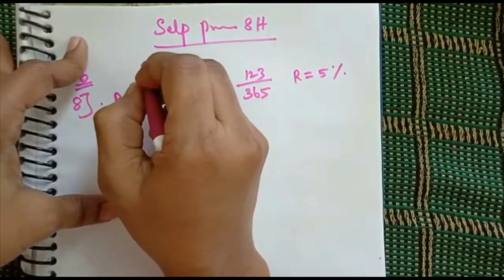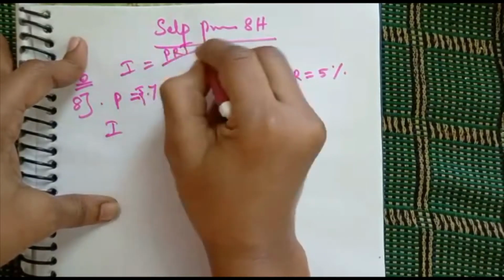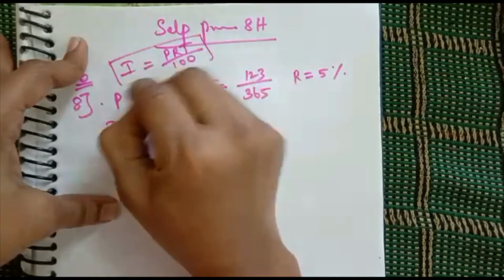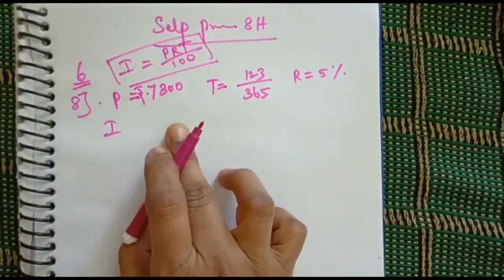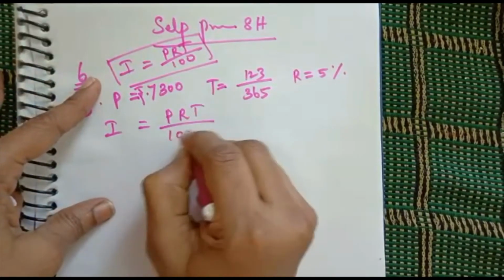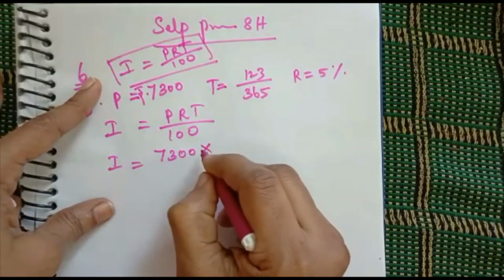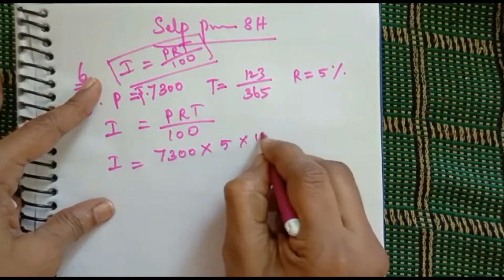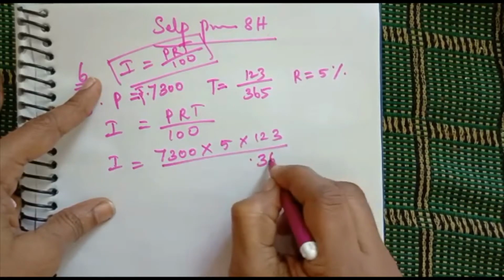Already I have taught you simple interest is equal to PRT divided by 100. This is a very important formula, PRT divided by 100. Using this formula we have to do all sums. So I is equal to PRT divided by 100. So I is equal to, what is P, 7,300 into R, that is 5, T is 123 divided by 365, and I put here